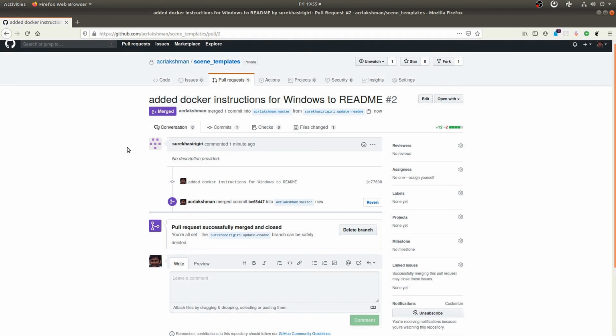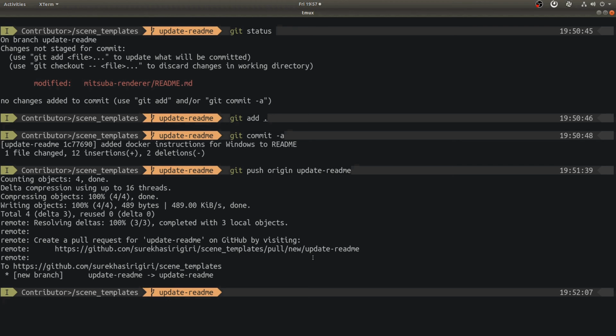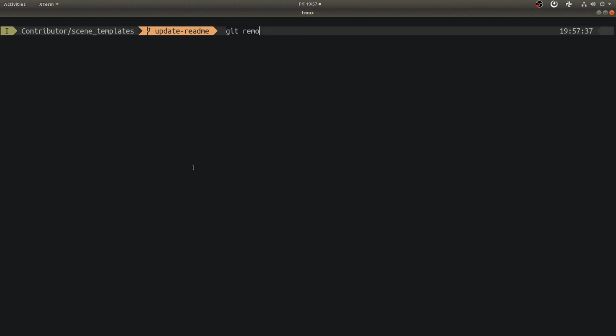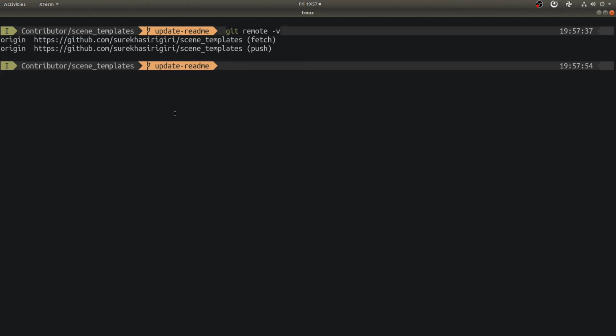Once the pull request has been merged, you can update your local master repository. Let's look at that. At this point, I know that my contributed changes have been merged into the original repository that I forked from. Before I pull those changes, let me add that master repository here. My local repository is currently tracking one remote repository, which is my repository as a contributor. Here, before I pull the changes that were merged into master branch of the original repository, I have to add that repository here. Let me add that using git remote command.